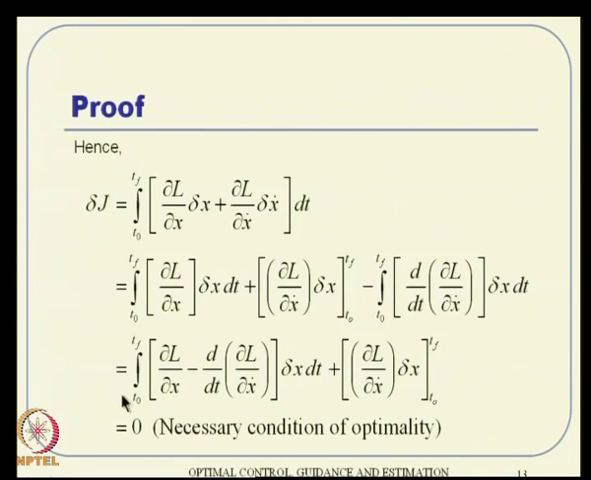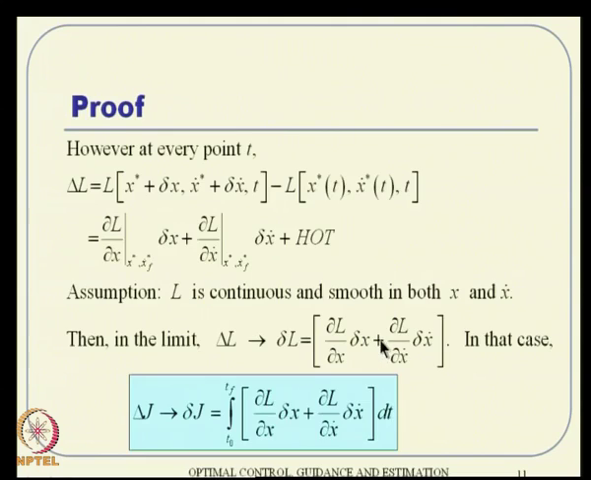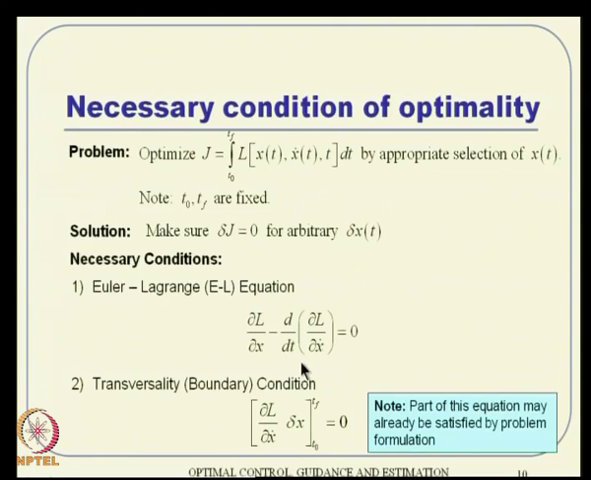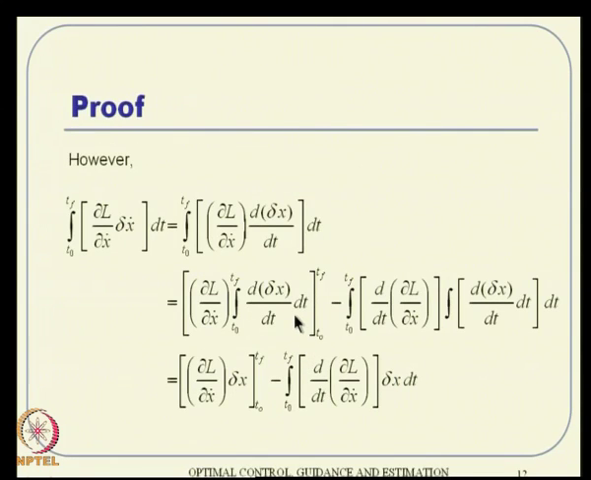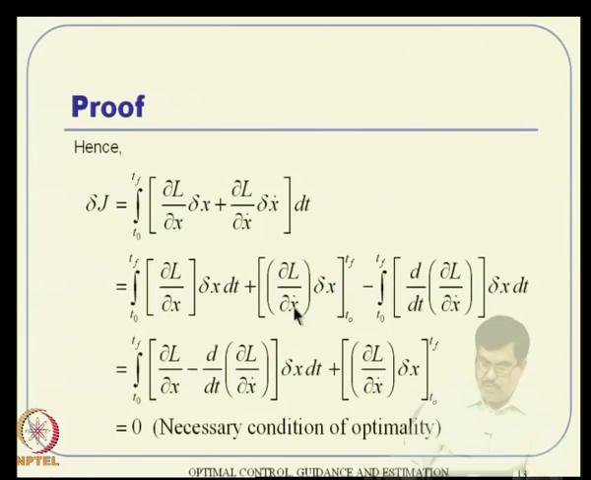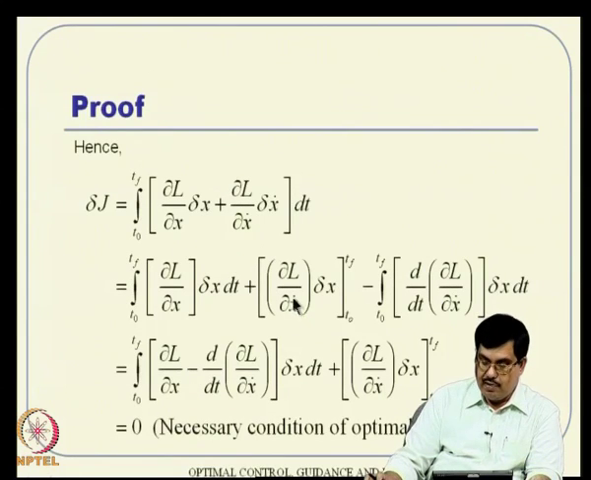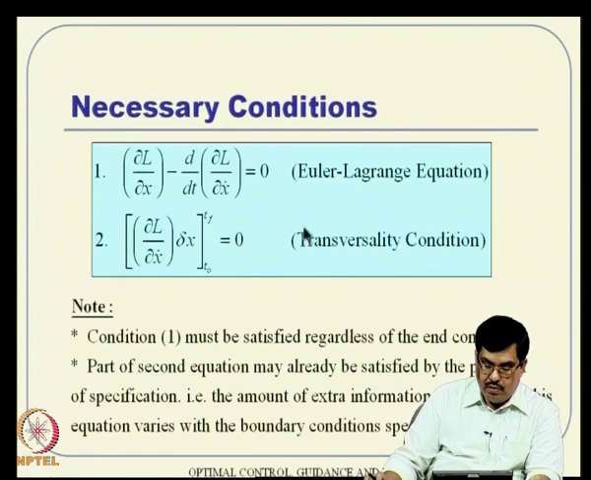So, if this has to be 0, then this has to be 0 and that has to be 0, and that is how we got these two conditions of optimality that I just talked about. Okay. So, the same trick will hold good for vector algebra also, that is why I thought of revising it again. So, this ultimately leads to these two conditions, and condition 1 must be satisfied regardless of the